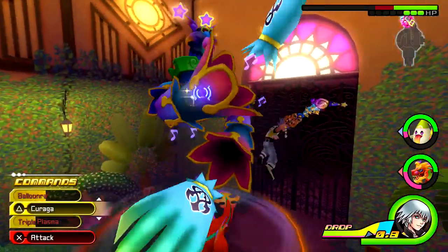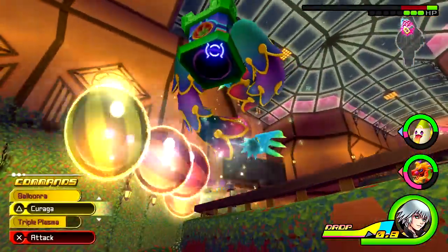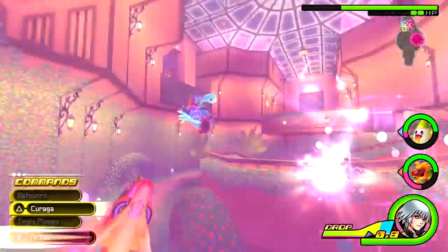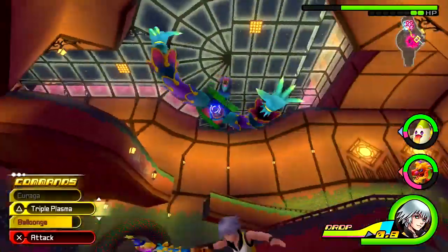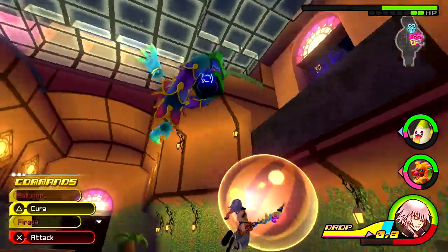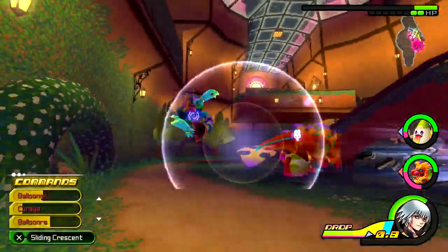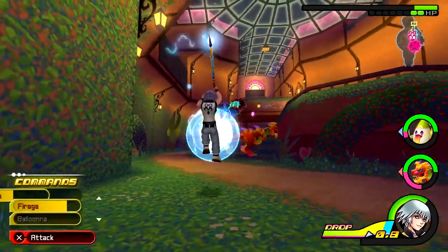I mean, obviously I am definitely making use of Balloonra and Balloonga and all of those good things. They are pretty much your bread and butter for making it through these more challenging fights, because they do make it a hell of a lot more bearable. I believe things like Faraga Burst are also particularly useful,